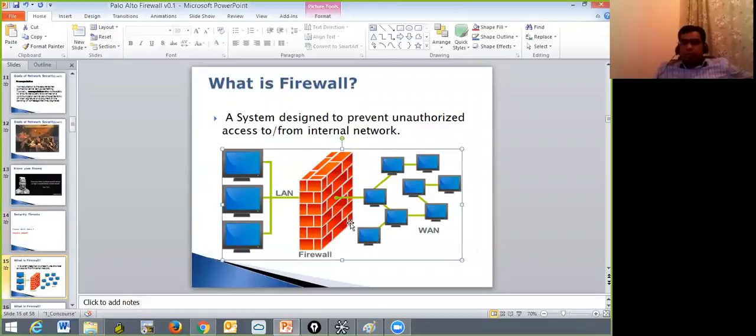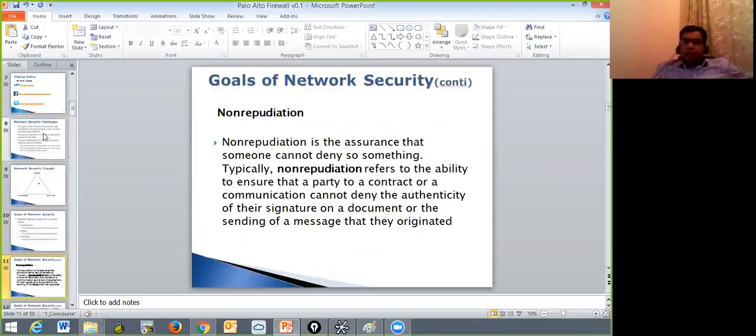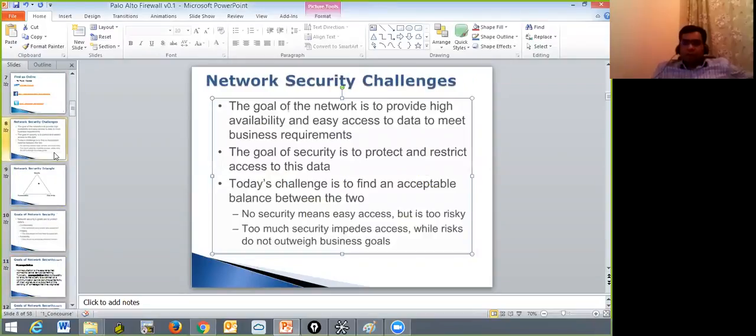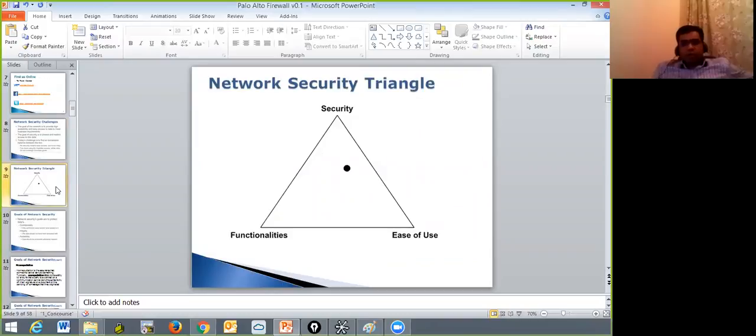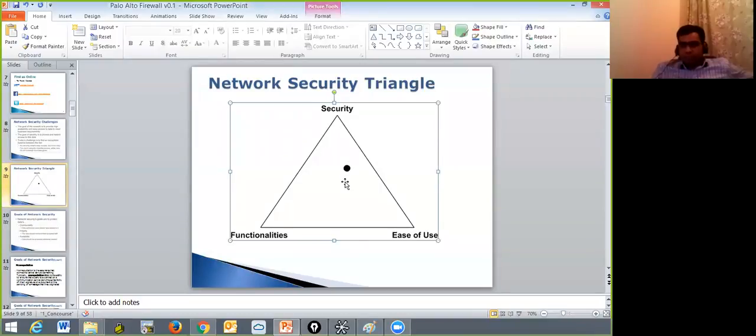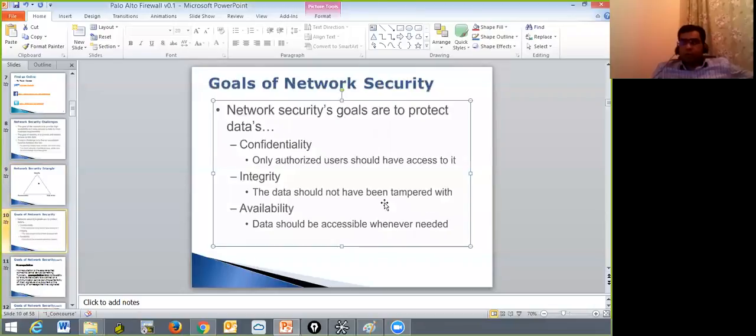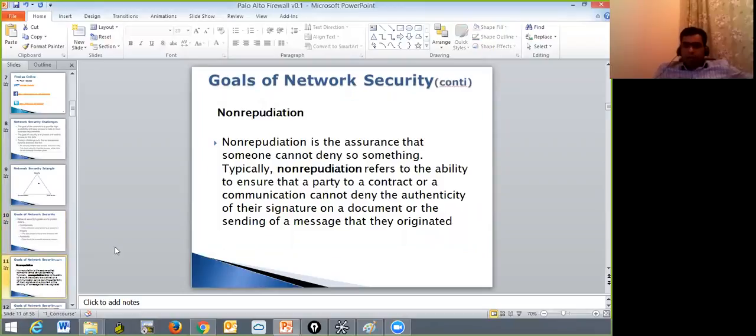Now let's come to the point. This is our main topic. After the discussion so far, if you go back, we have discussed the network and why we need network security. When we talk about security, keep in mind the triangle: how we can secure the network by putting the ball in the right corner, where you can have security as well as ease of use, and you are not compromising on functionality. After that, we discussed the network security goals, and the goals are of course confidentiality, integrity, and availability. And the fourth one,